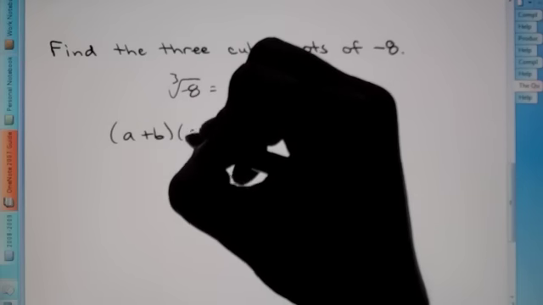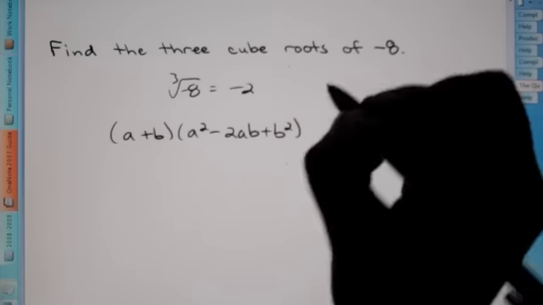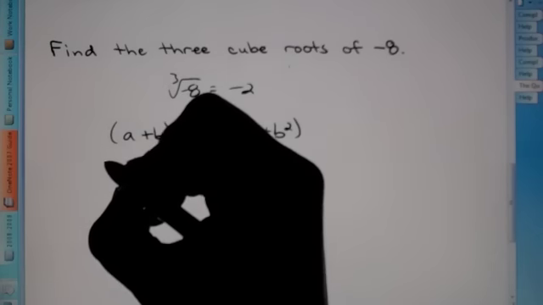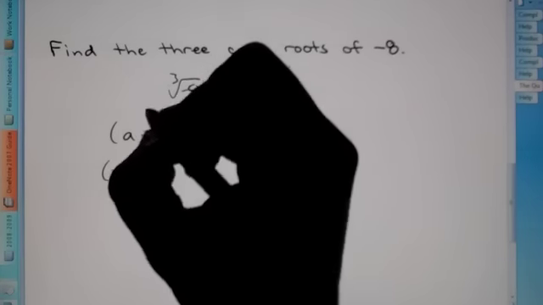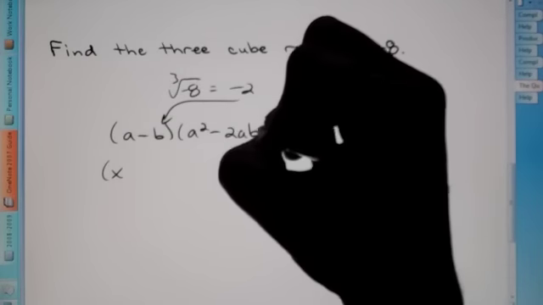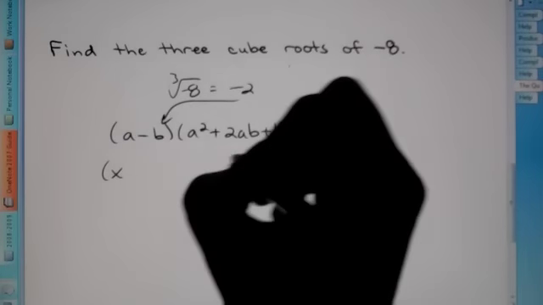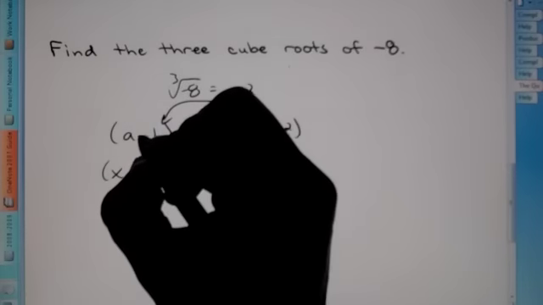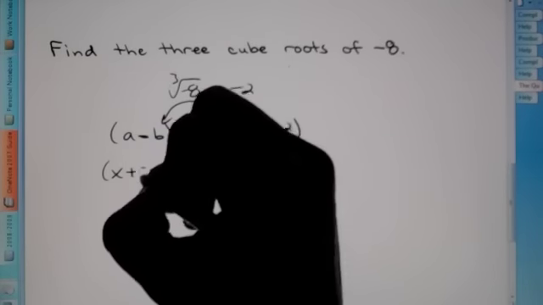a plus b equals a squared minus 2ab plus b squared. So we're going to plug in x for a, and we're going to plug the negative 2 in for b. Sorry, let's switch that up. Let's go ahead and make that negative. There we go. Sorry. Because that gives us a negative 8 when we distribute. So, if I were to plug a negative into b, and we said b is negative 2, we get x plus 2,